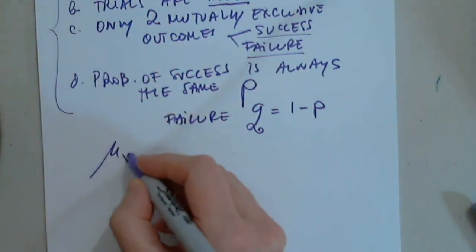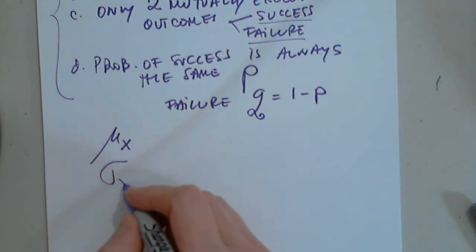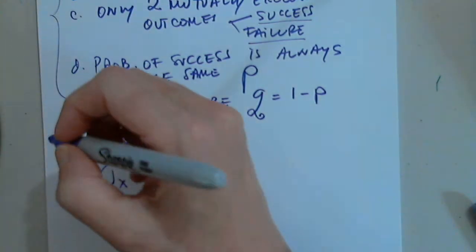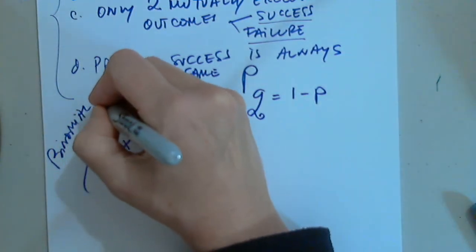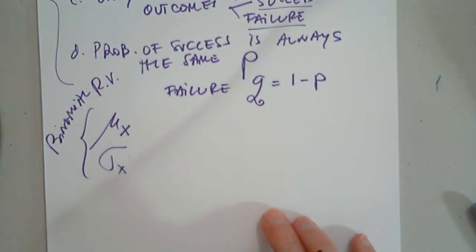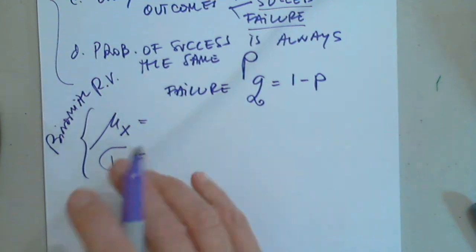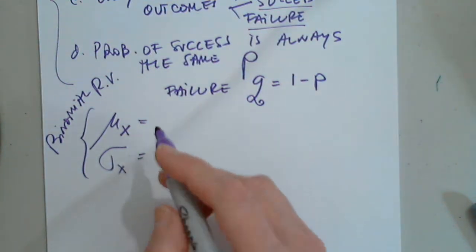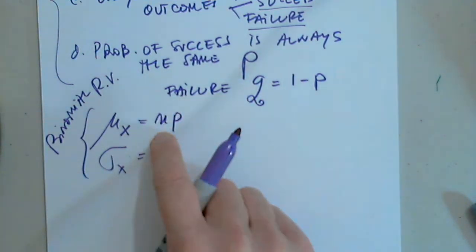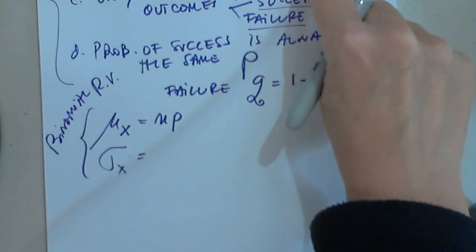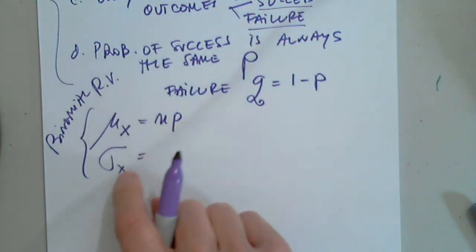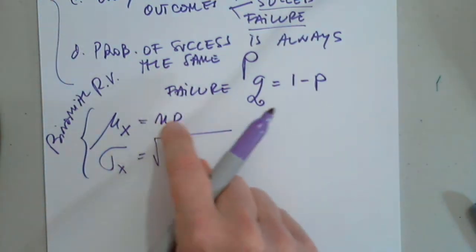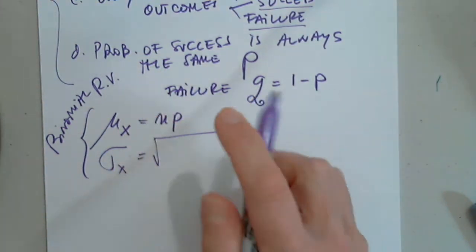Also, how do I determine the mean and the standard deviation for a binomial? These formulas are for a binomial random variable only. 2 very simple formulas. It cannot be easier. mu equals np, n the number of trials in the experiment, and p the probability of success. The standard deviation is the square root of the same thing multiplied by q.